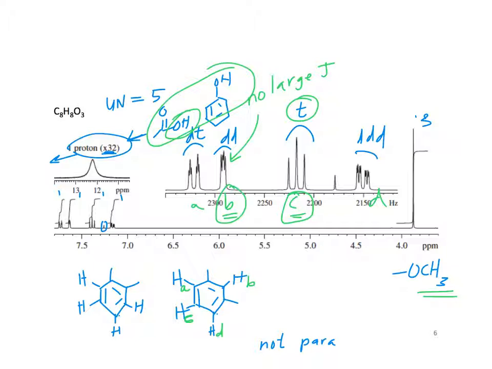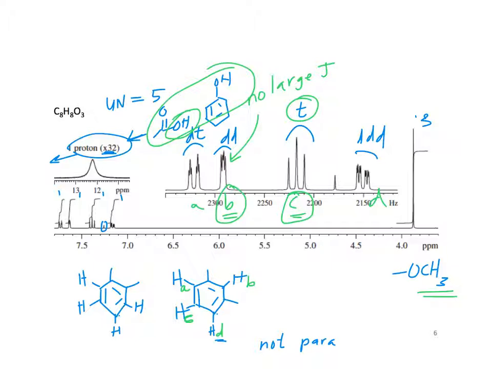I think looking at that, we also need to consider the number of carbons and check the formula. So we still got 2 carbons left. We have the methyl group and we have a carbonyl. That fits. Okay, so if we look at how I've labeled the benzene ring here,